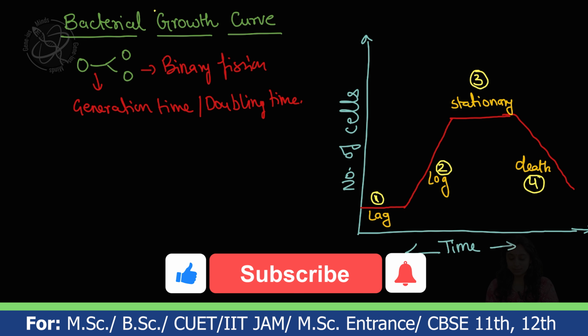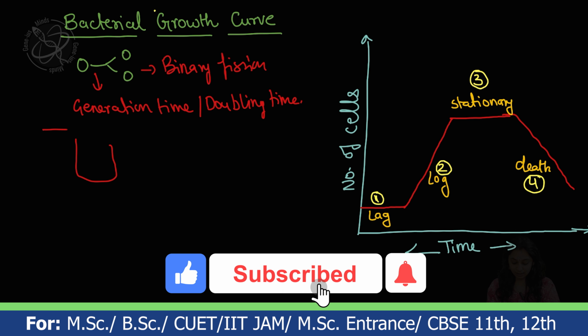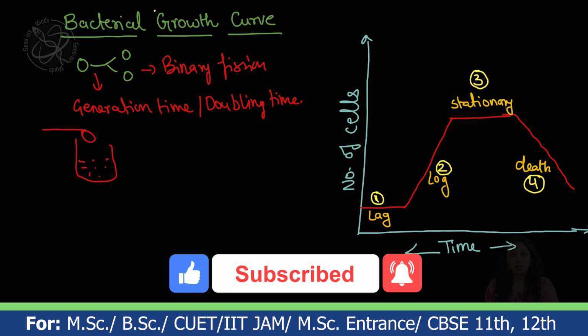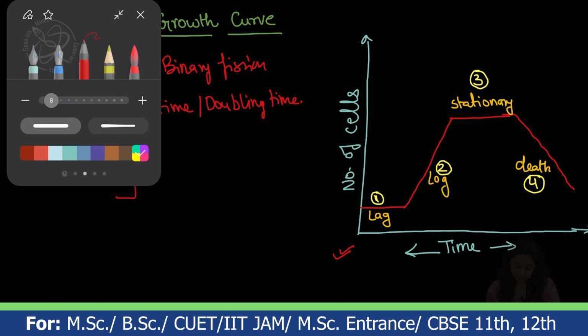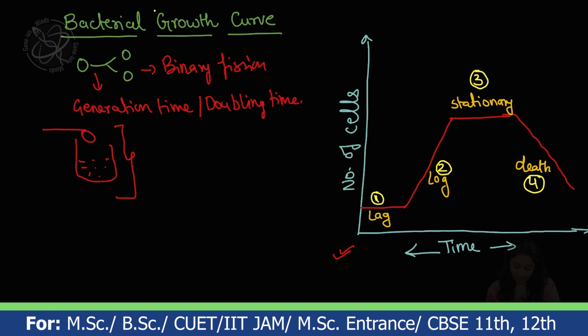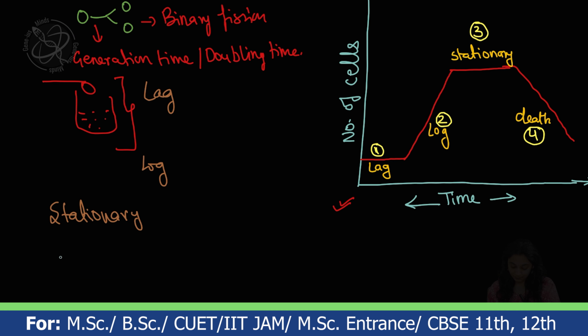So, as soon as you put a loopful of bacteria in the clear solution and allow its growth, it follows a certain growth pattern which is known as the bacterial growth curve. The four important phases in the bacterial growth curve are lag phase, log phase, stationary phase and the decline phase. We are going to learn about each one of them.